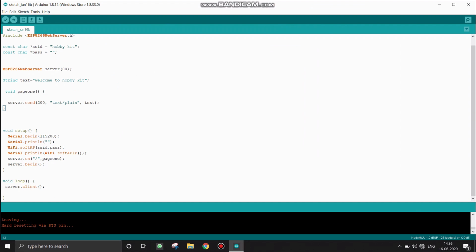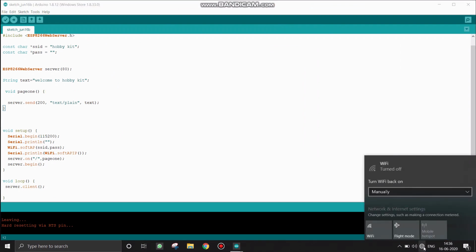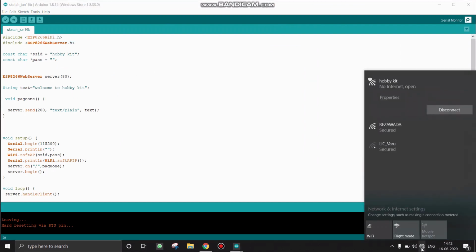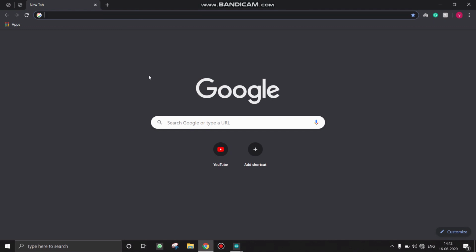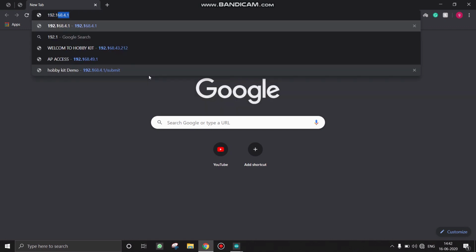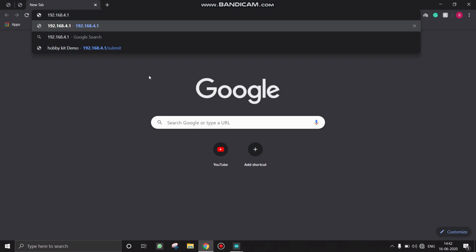Now connect your Wi-Fi to the HobbyKit hotspot, which was created by the NodeMCU, and go to Google Chrome and search the IP address 192.168.4.1. Enter. Yes, the message "Welcome to HobbyKit" was successfully printed.